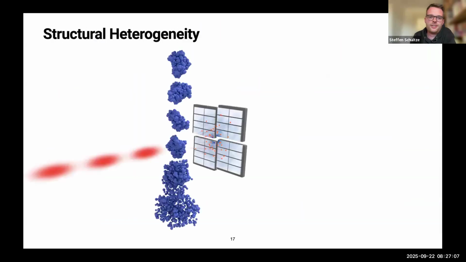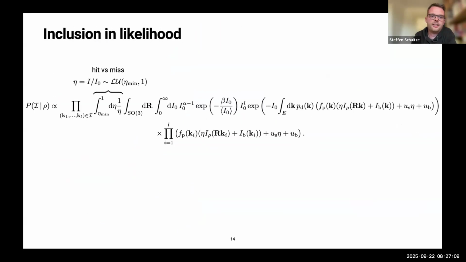For instance, for this integral over hit and miss, it turned out that using the right kind of quadrature rule, five base points suffice, which I find quite astounding still. Does that answer your question?